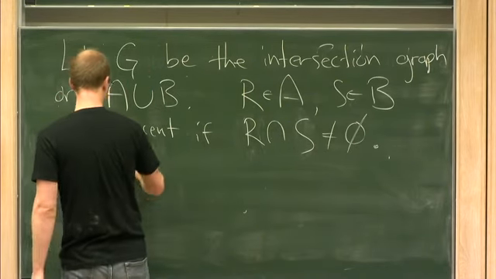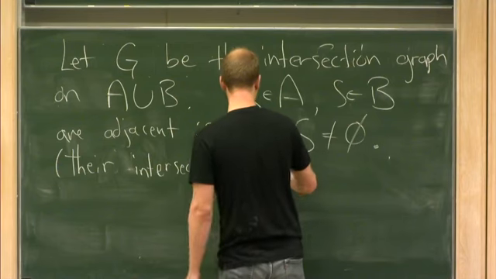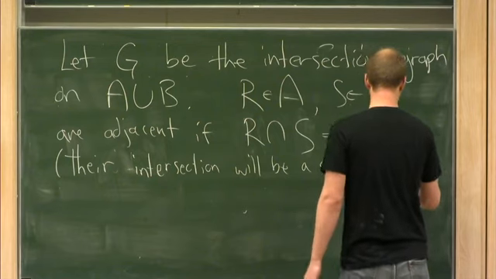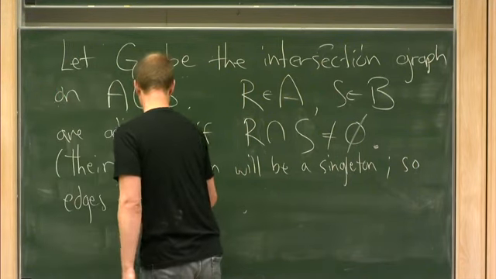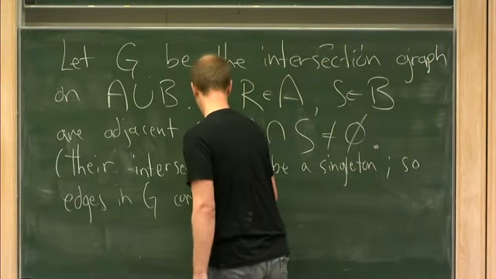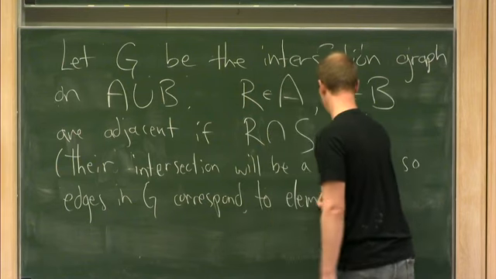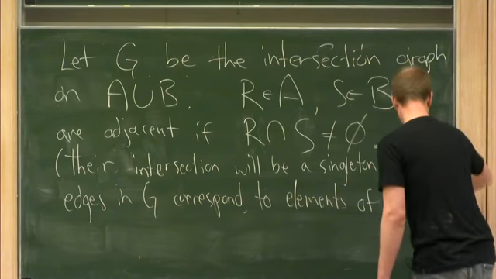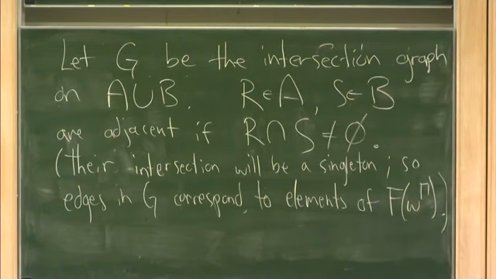So their intersection will be a singleton. Okay, so edges in G correspond to elements of the free part of omega to the gamma. Okay. So if I have two of these triangles here, an A triangle and a B triangle, and they intersect